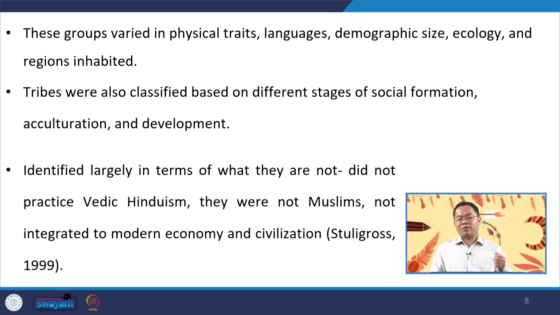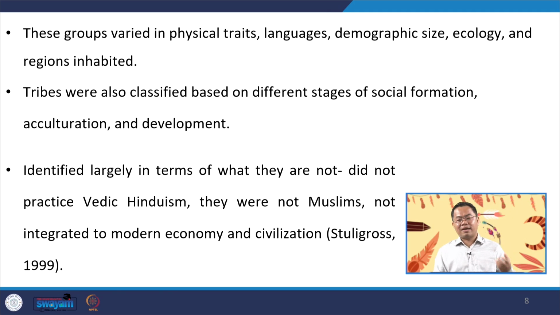Now, in terms of demographic size, for example, there are tribal communities who may be less than 1,000 in terms of their numbers. There may be tribal communities like the Gonds, in Madhya Pradesh and elsewhere, whose numbers can go up to more than 10 lakhs. There are tribal communities again in the northeast, maybe the Mizo community, whose number can be around 8 to 9 lakhs. But at the same time, if you look at some of the tribal communities in states such as Manipur, you will see that many of them number between 10,000 to 20,000. So, there are significant variations in terms of their demographic size as well.